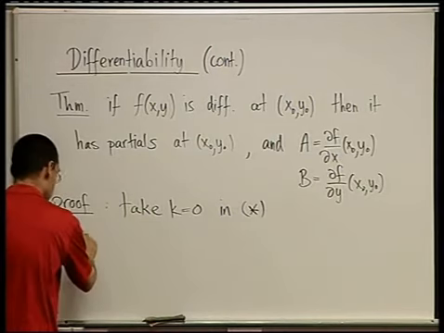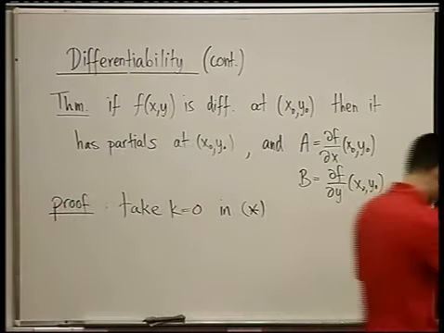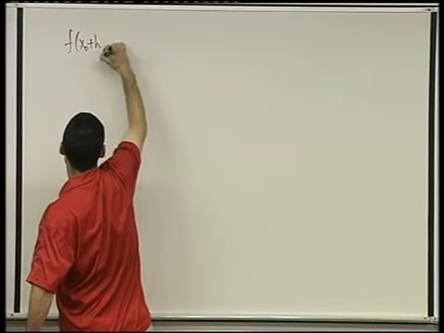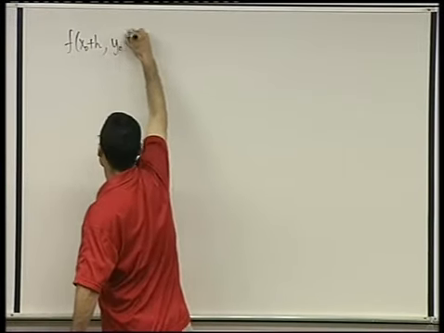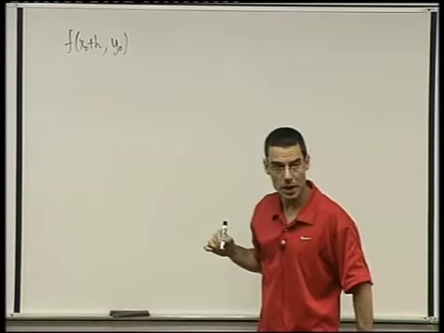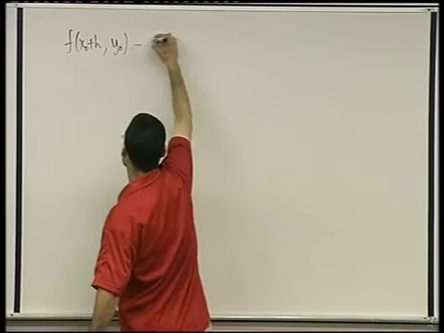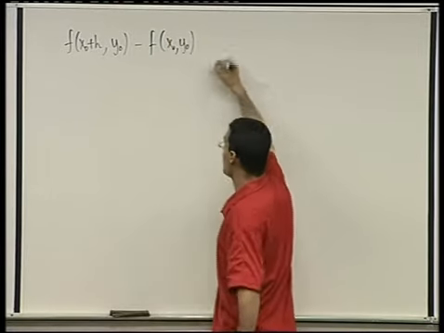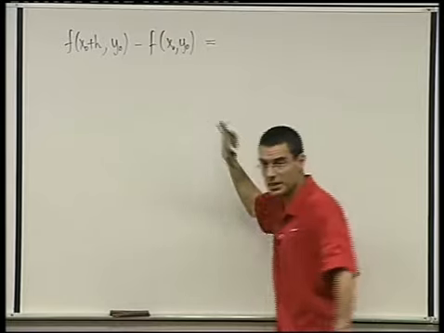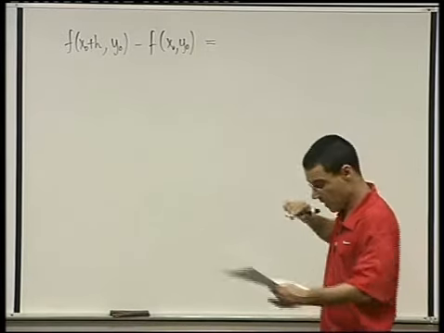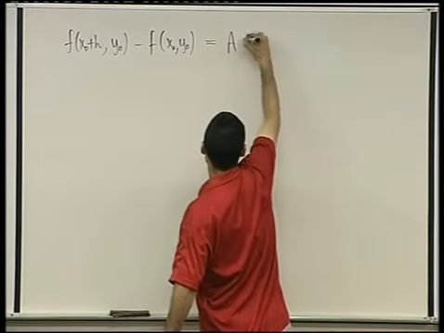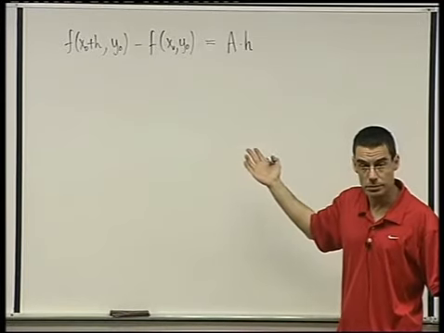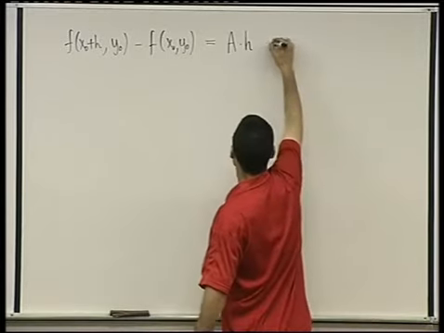We get, maybe let's move to this clean board here, f of x0 plus h, y0 plus k, but there's no k now, so y0, minus f at x0, y0, equals, I'm just rewriting star where k is 0, a times h plus b times k, but k is 0, right? Plus